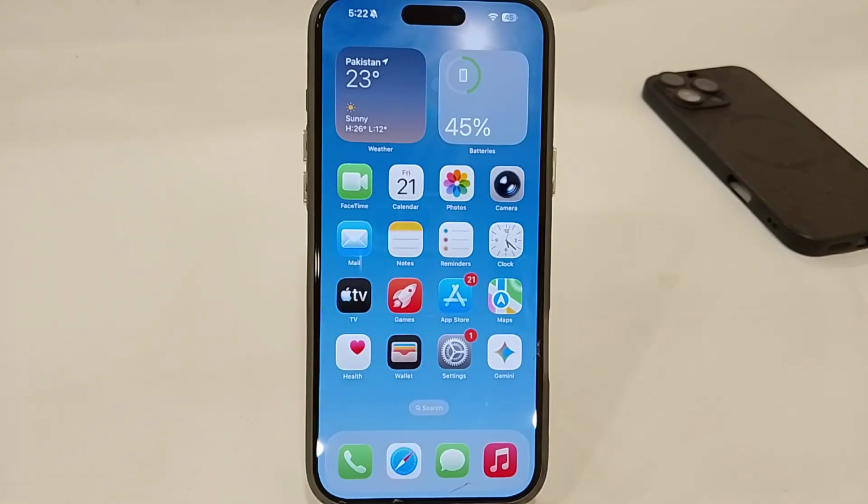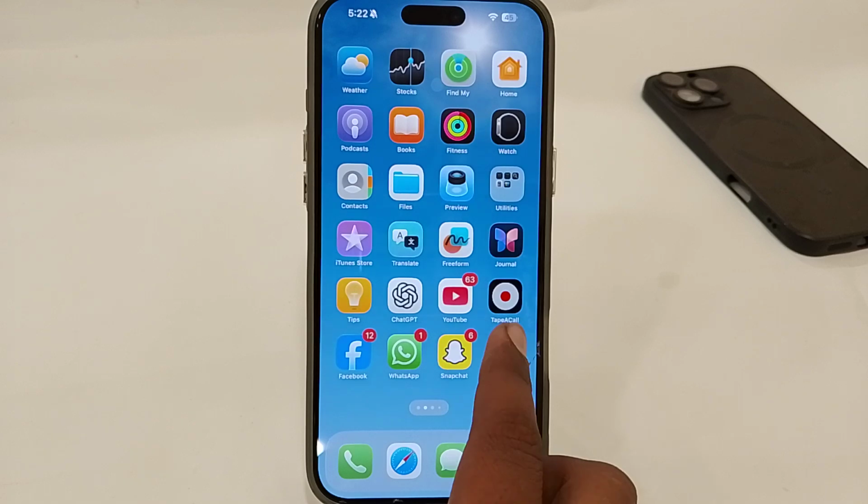Hey guys, today I'm going to tell you how to delete Instagram account on iPhone. If you're using an iPhone and you want to delete your Instagram account, let's see how you can easily do that. You just have to simply open your Instagram app here,